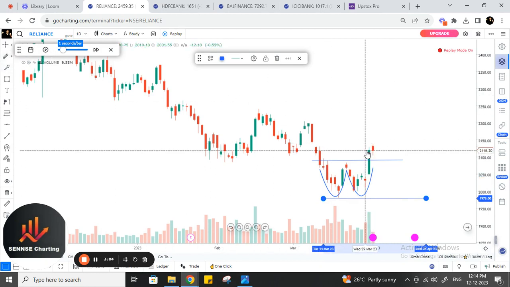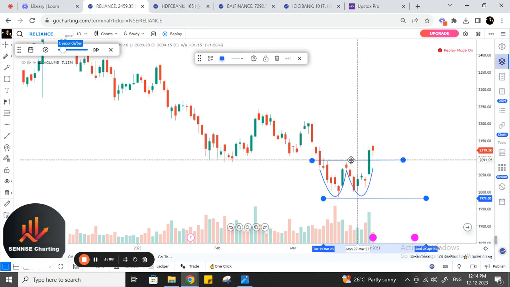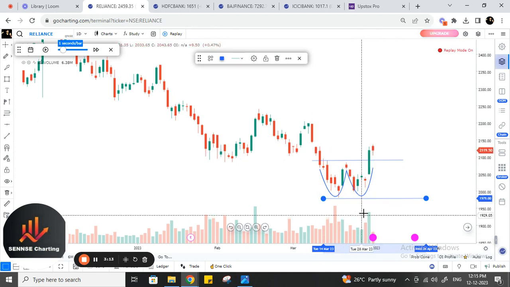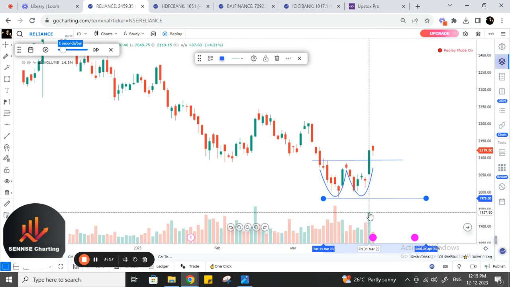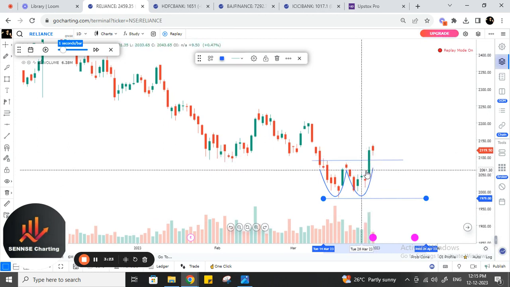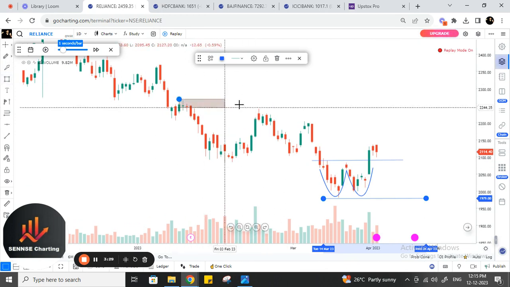As you can see here, we have a perfect breakout. Half of the body is above this line. That means this pattern is broken and gave a bullish movement. Also, if you can see the volume compared to the past 5-6 days, the volume is higher. That means whenever buyers are purchasing over here, they are giving an indication that the market will go up. So here I can say that my next target is